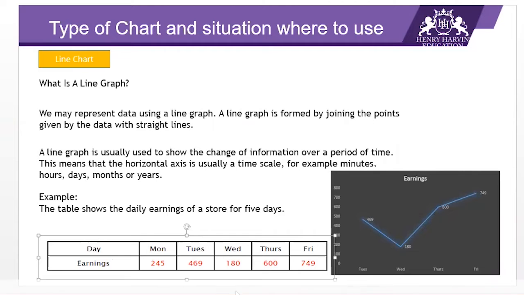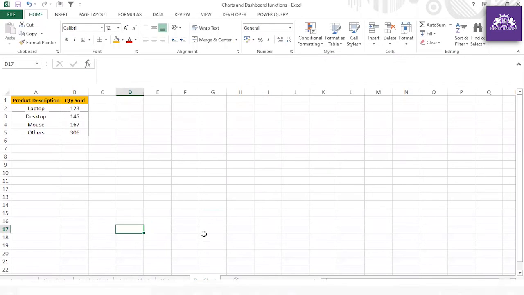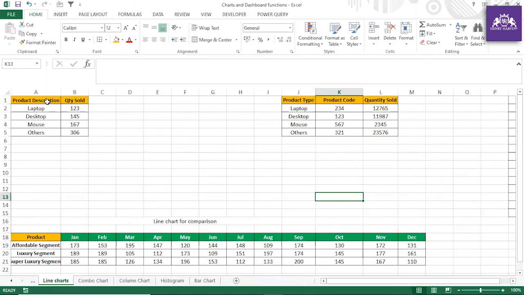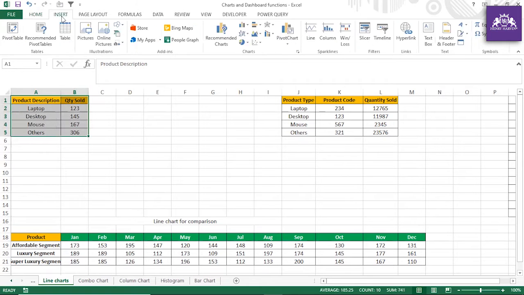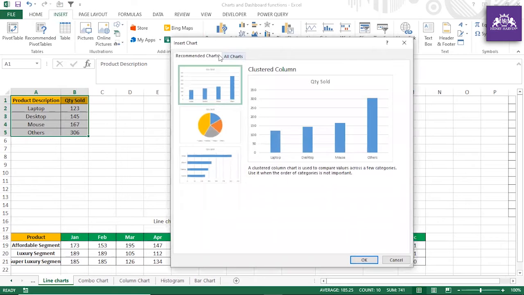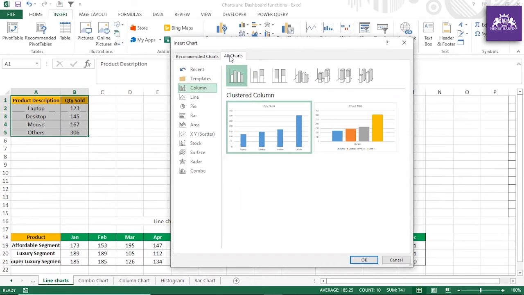If I take you to one of my Excel files where I have the data, let me show an example. I have this small data set with the product description and quantity sold. You can select this data, go to Insert, and then to Recommended Charts. We have the options Recommended Charts and All Charts, and you can see which chart you want to create.